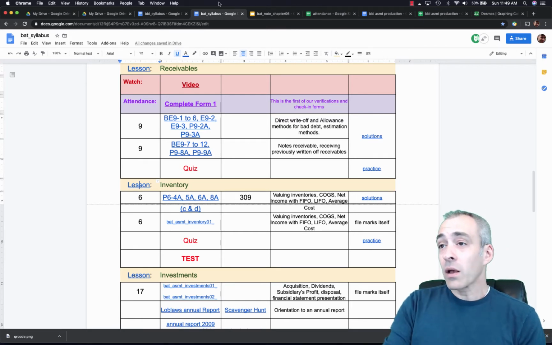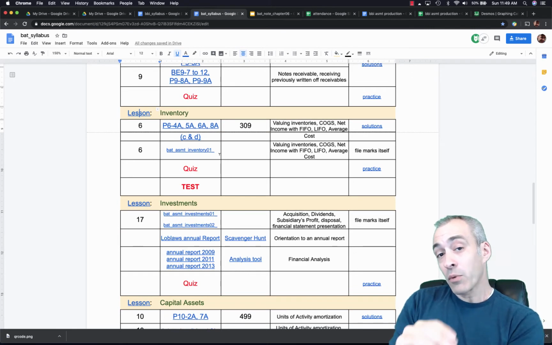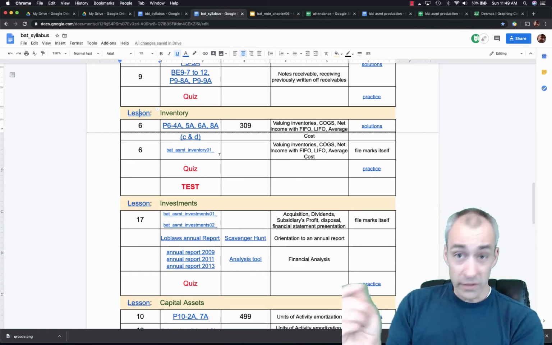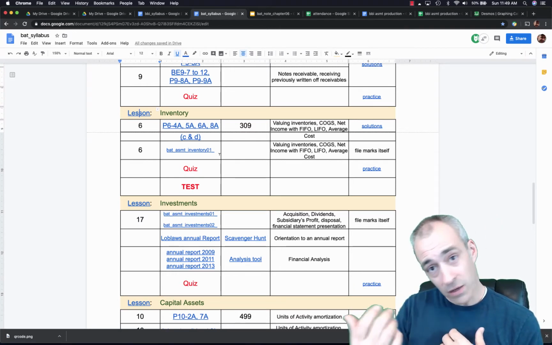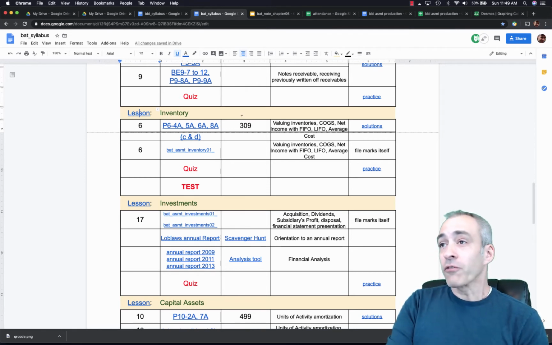Okay, so we're sticking with inventory, and I am going to go through this PowerPoint slide lesson a little bit, just like I used to in class back in the olden days, because I didn't get a chance to go through this one. I went through the receivables in person, but I didn't go through this one. So I'm going to go through it and tell you what to focus on. All right? So first,